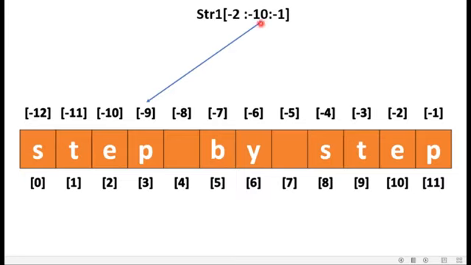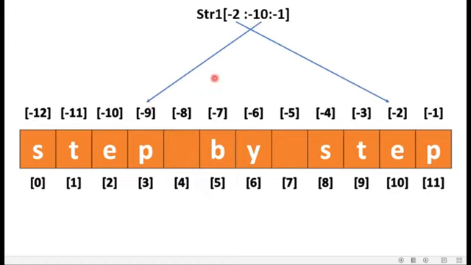So the end position will mark this and the starting position will mark this. Right? So this is a cross connection here. My start value is going to start from the right hand side and my end value is going to end at the left hand side value.